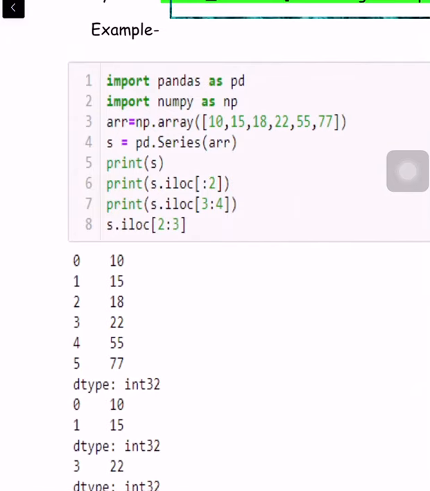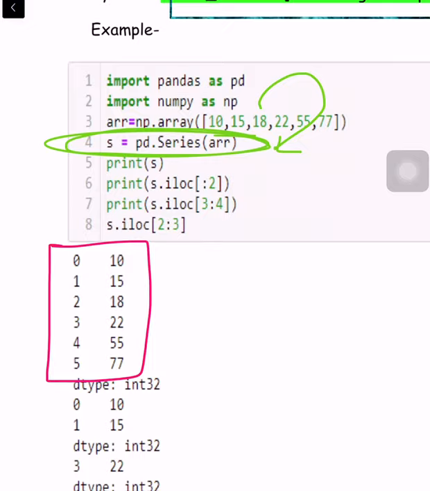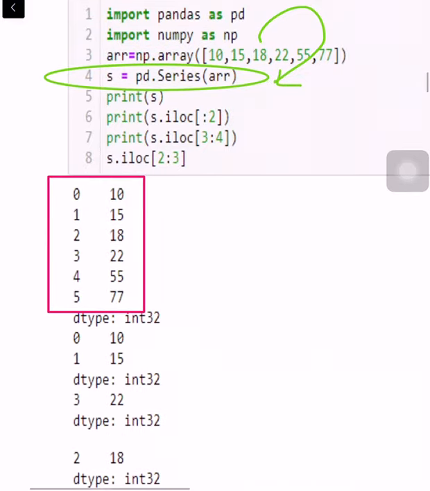So in this, first we have created a series, pd.Series(ARR). ARR has all these values 10, 15, 18, 22, 55 and 77. After execution we will get a series like this. Now s.iloc is 0 to 2.